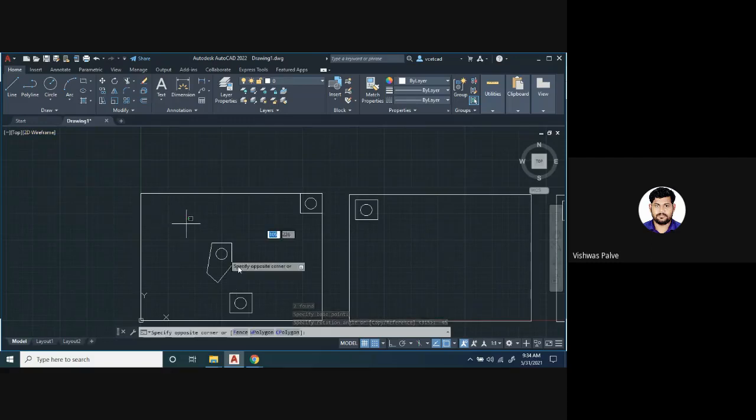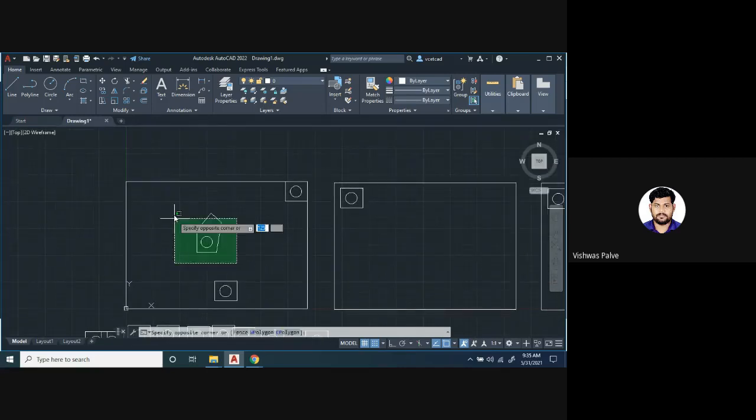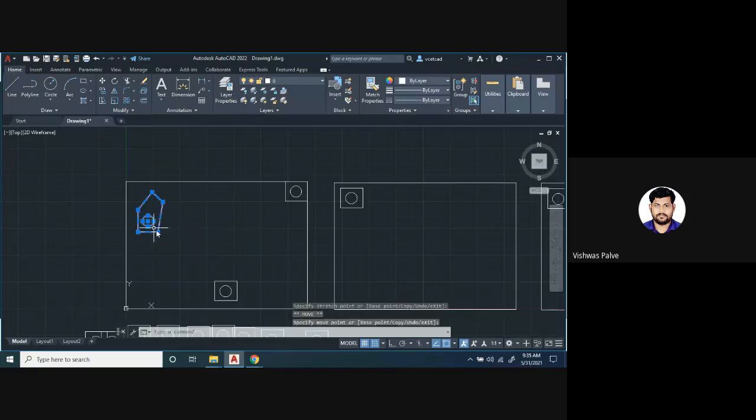Again I can use the same option. Select the object, move your cursor on any of the keys, it will turn red. Left click the mouse, then after that, press the space bar. First option is stretch, second option is move, third option is rotate. And then you can type the angle 180 degrees, it will rotate, and then press escape. We can use that option as well. So this option is available, and you can rotate the object wherever you want. Any difficulty in rotation?